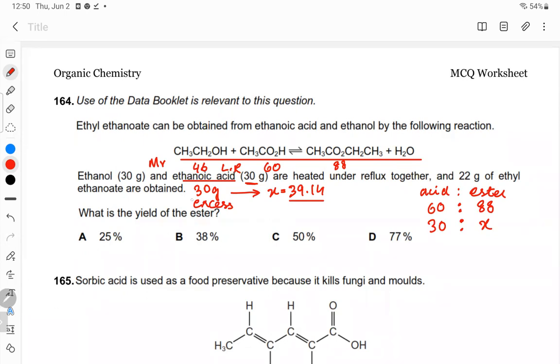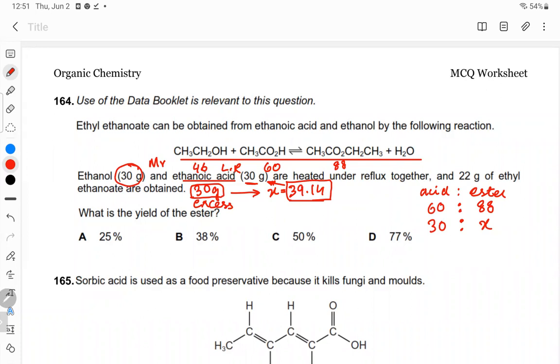ओके, सो थिंक, अगर मैं 30 ग्राम्स इथेनॉल को कंप्लीट यूज कर लेता हूं तो उसके लिए मुझे इथानोइक एसिड 39.14 चाहिए, बट इथानोइक एसिड मेरे पास एक्चुअली कितना प्रेजेंट है? 30। तो जिसका मतलब है कि इथानॉल का 30 ग्राम्स जो गिवन है उसमें से सिर्फ उतना मास रिएक्ट करेगा जो 30 से हो सकता है, अदरवाइज नहीं करेगा। जो रिमेनिंग है वो नहीं करेगा। ये पॉइंट क्लियर हुआ हम ना? तो वो आंसर रॉन्ग हो जाएगा क्योंकि इथानॉल की जो मास यूज किया है वो कंप्लीटली कंज्यूम नहीं हो रहा,